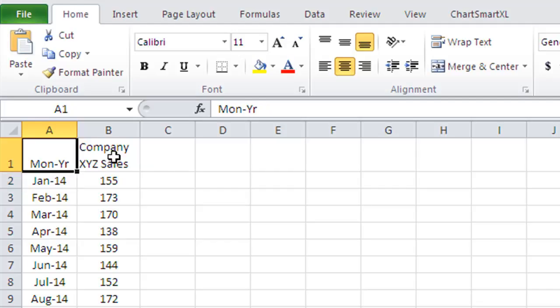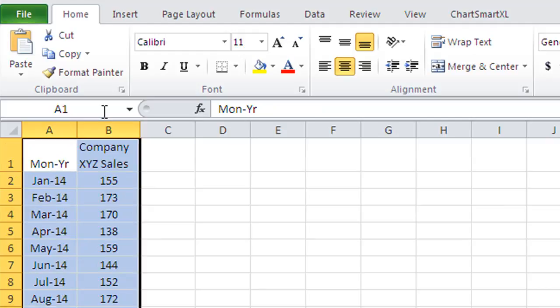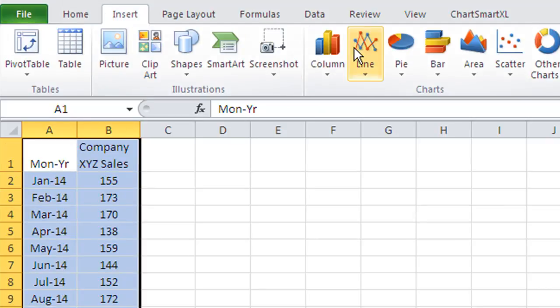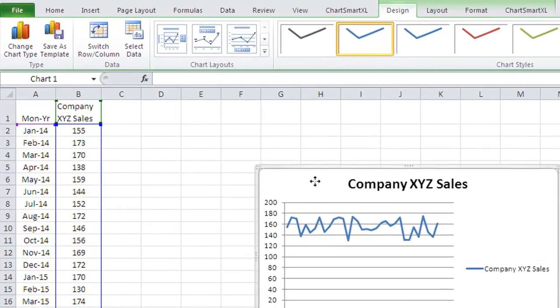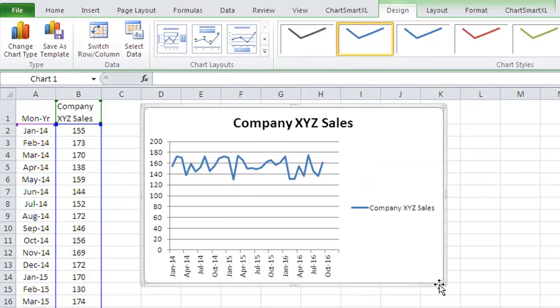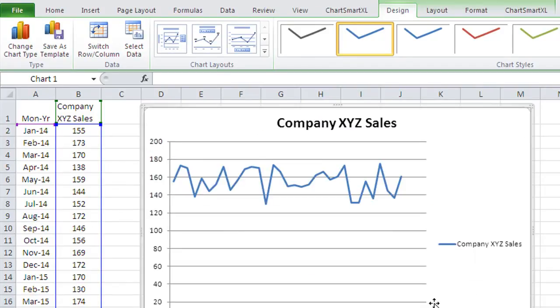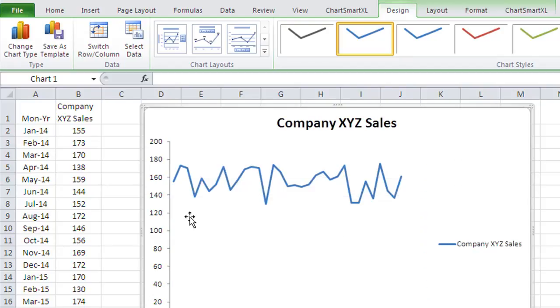So here's month and year, company sales. Now if we take this data and insert a line chart, we're going to get something that tells us what's going on over time. Now the problem here, of course, is that we can't really tell if there's any signal in there, if there's any noise. We still have to clean up the chart, get rid of a bunch of things,